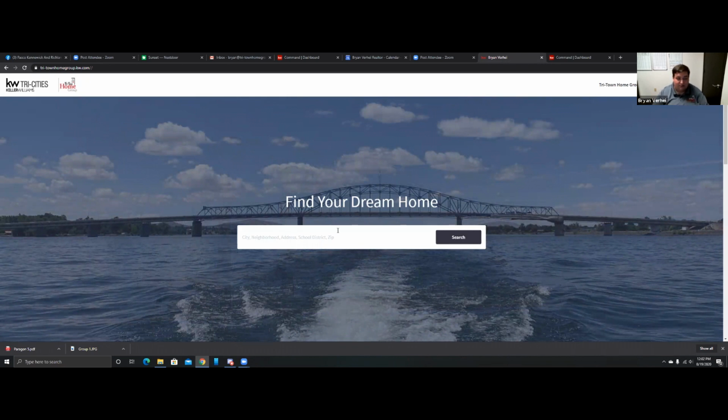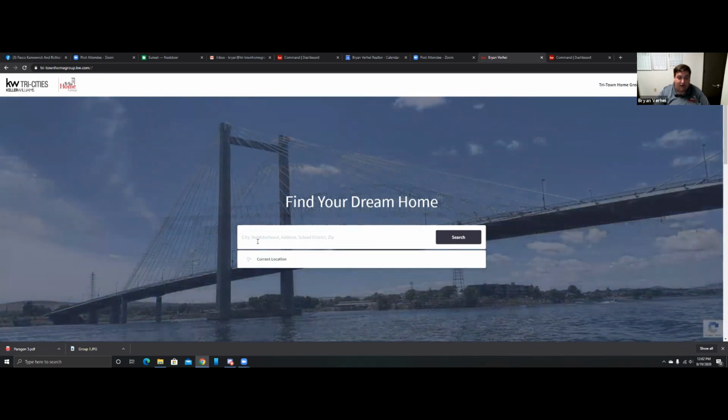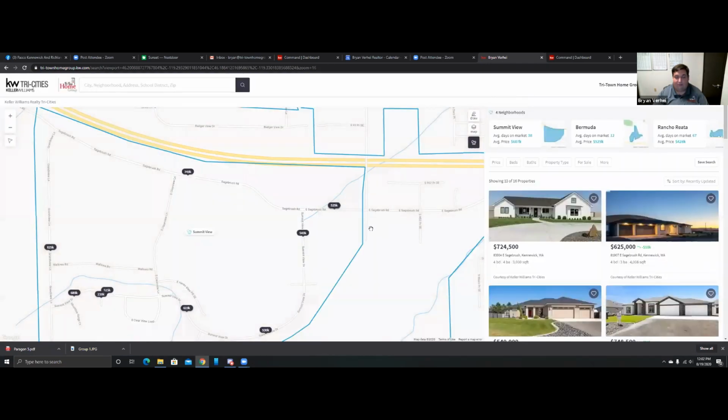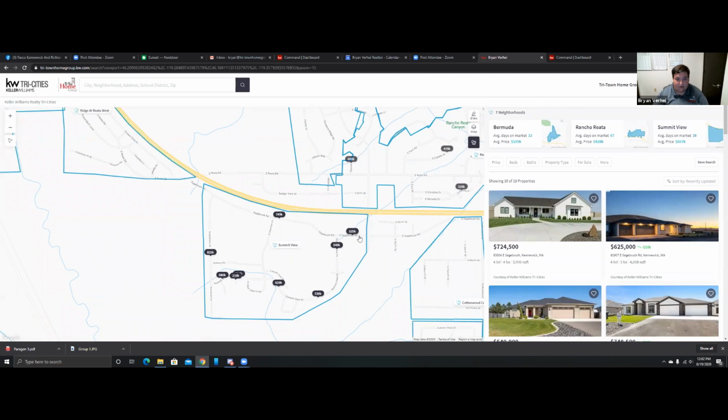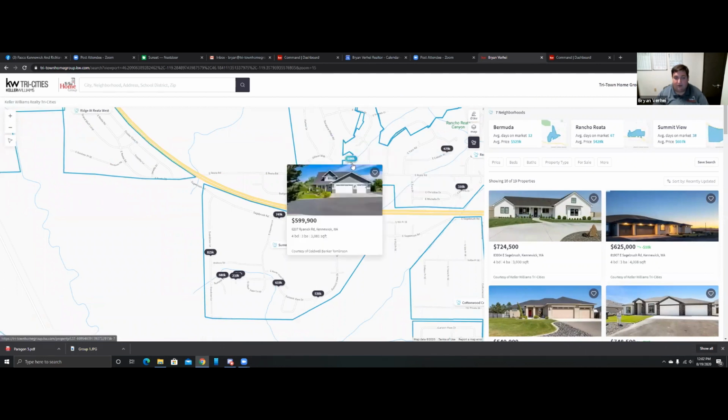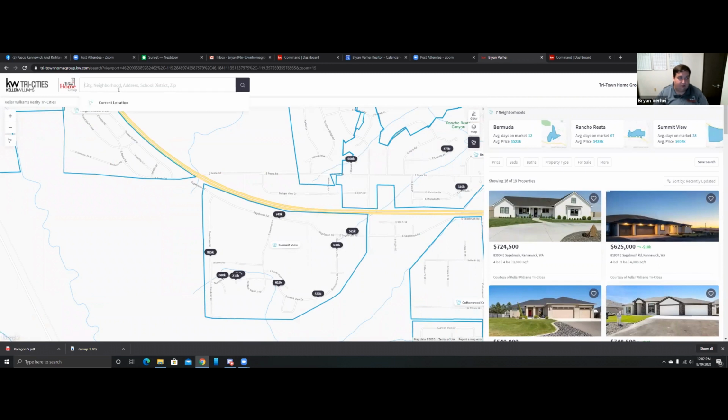Anyway, so this comes in, and this is a lot like Zillow. It's right here. You can search your current location and see what's nearby. My computer's set for private, but you can come in and just look at what's for sale, and it looks a whole lot like Zillow there, as you can tell. Or you can just put in a particular address. So let's go with